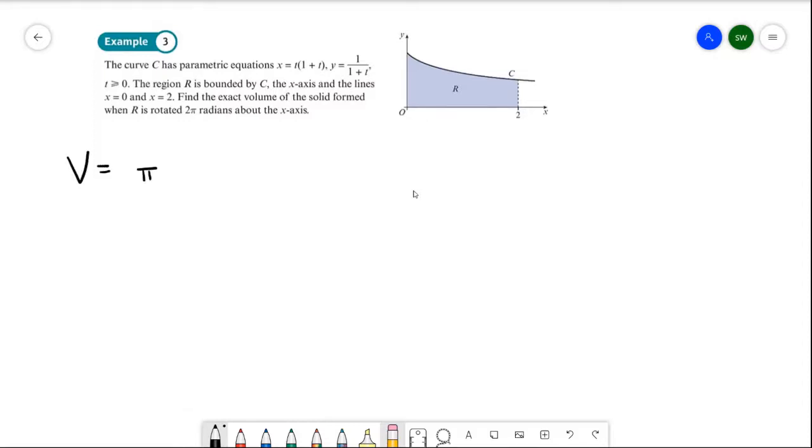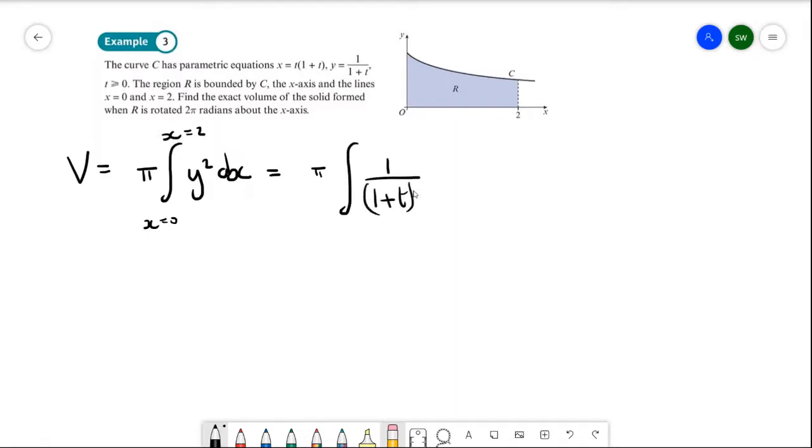So I'm going to start with the formula for the volume. We're rotating this region around the x-axis, so the formula is pi integral of y squared dx. And we've got our limits of x equals 0 up to x equals 2. So I'm going to replace y with what it's equal to in terms of t. So we're going to have 1 over 1 plus t all squared, because we've got y squared and we've got